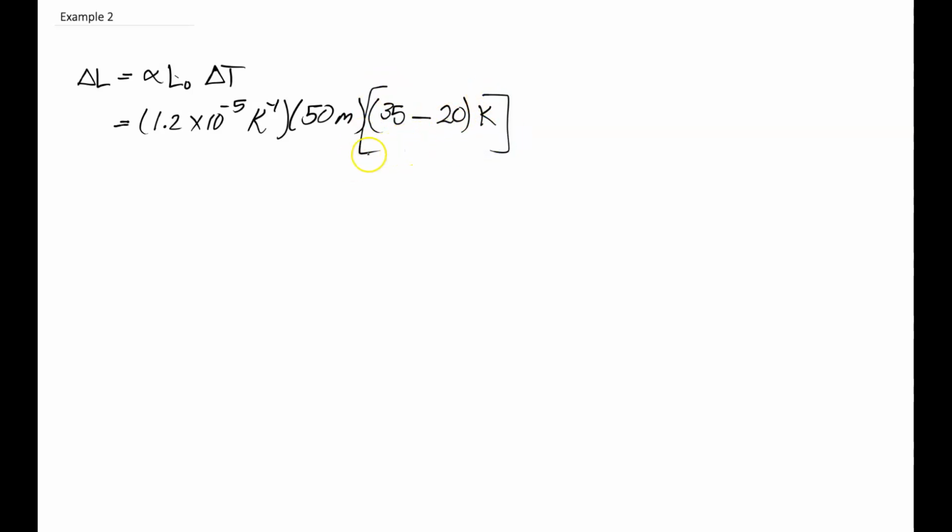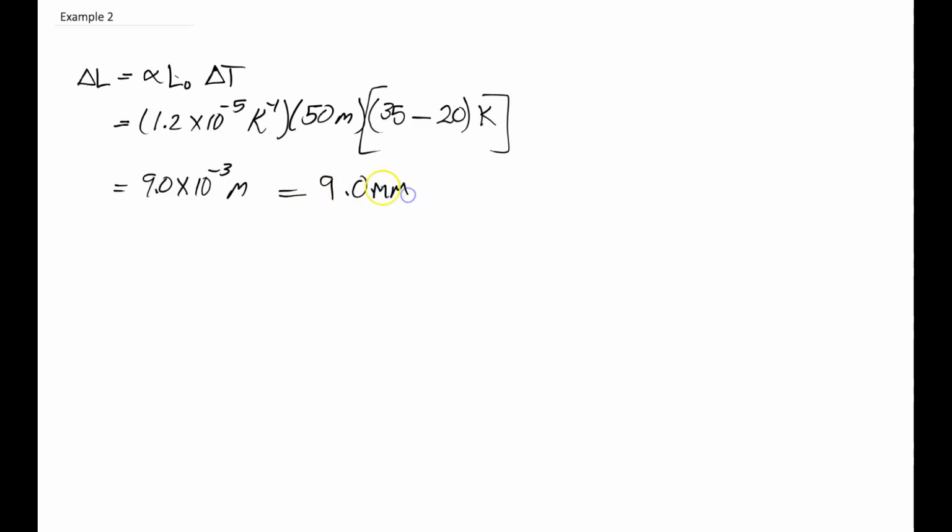because we saw in the first example that the change in degrees Celsius is equivalent to a change in degrees Kelvin. If we multiply this, we find out that this is almost 9.0 times 10 to the minus 3 meters, which is the same as 9